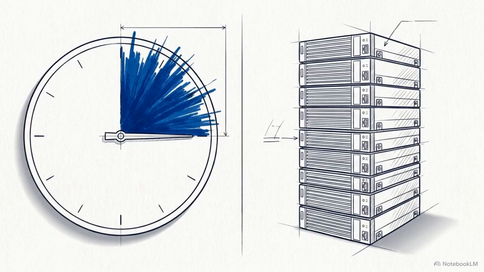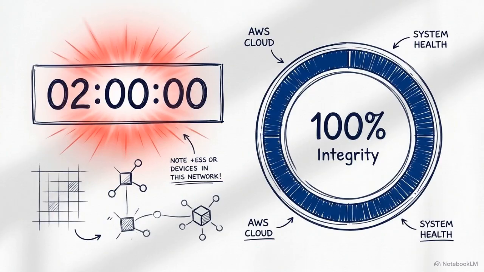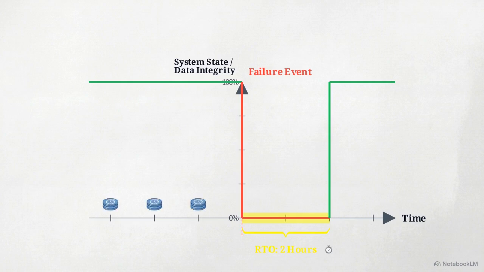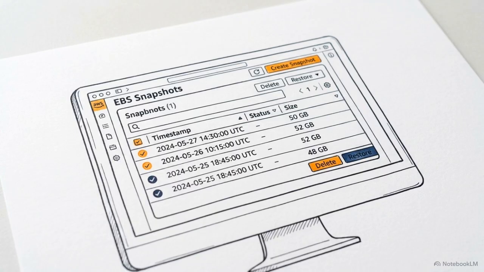But before replacing active infrastructure, we must account for two strict business limits: the amount of downtime the business can tolerate and the amount of data it can afford to lose. This timeline outlines the recovery time objective, or RTO, your strict downtime limit. If RTO is 2 hours, systems must recover within that window. Adding a secondary axis tracks recovery point objective, or RPO. An RPO of 1 hour means hourly backups, limiting data loss. Meeting those precise RTO and RPO limits while fixing legacy encryption vulnerabilities requires mastering one specific process, the EBS Snapshot